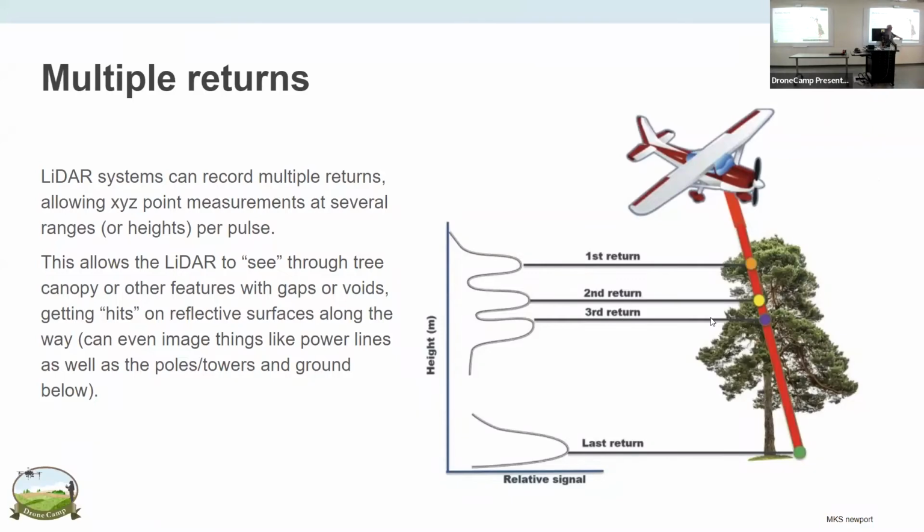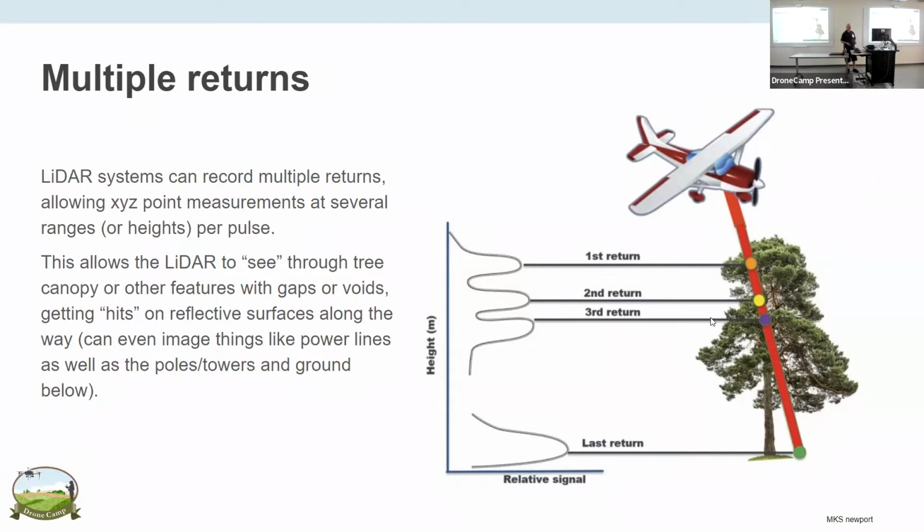We're just getting the ground. There's nothing to see in between, and that's it. The first return is the last return in that case. But anywhere else, if we're getting more Z points per pulse, then our data volume is going way up. The data processing is going to be higher. So it comes with a cost, but it gives a lot of